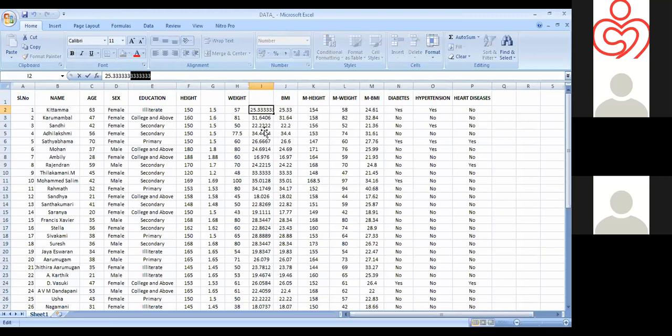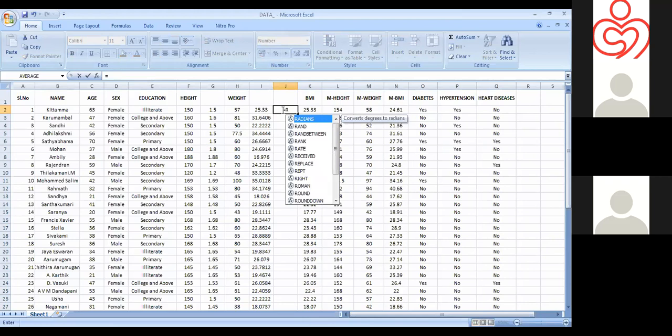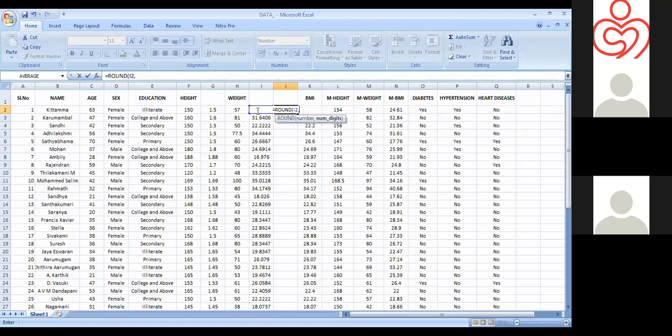So what we can do is insert one more column here and put a round function for that, which is equal to round, and select that column which we want to reduce the decimal point, then put a comma and enter the number of decimal points you need.